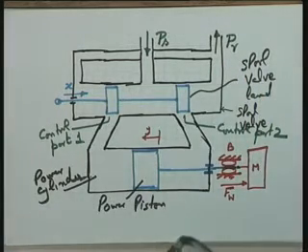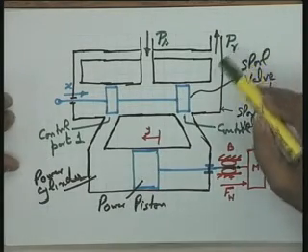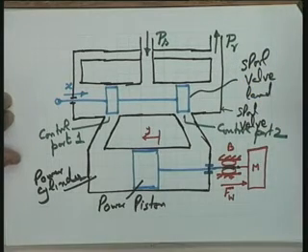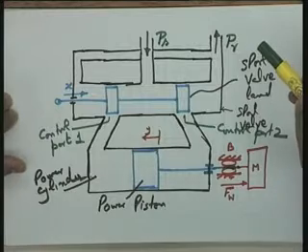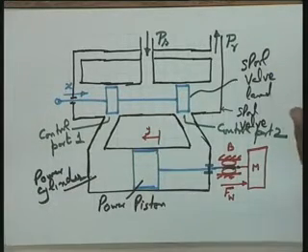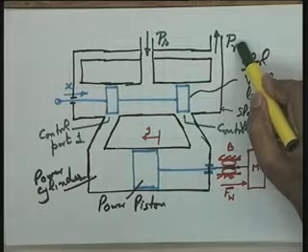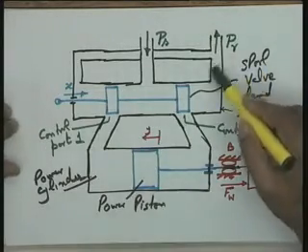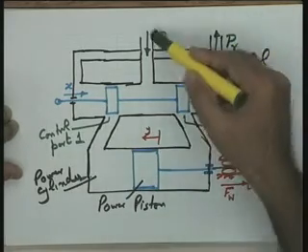I think it is intuitively clear, but to make our model simpler, I will assume that this PR, the pressure of the oil going to the reservoir, is equal to atmospheric pressure, which has been taken as zero gauge pressure. See the approximation involved. It will be slightly above the atmospheric pressure, but I am setting it equal to atmospheric pressure to make my model simple. So PR is the pressure of the drain fluid going to the reservoir, and PS is the supply pressure.